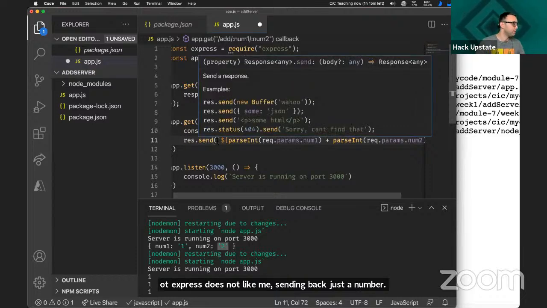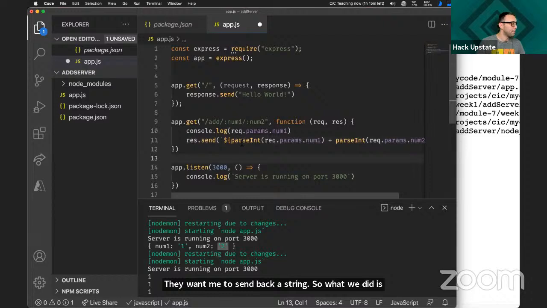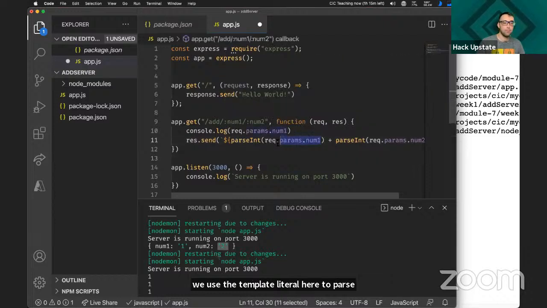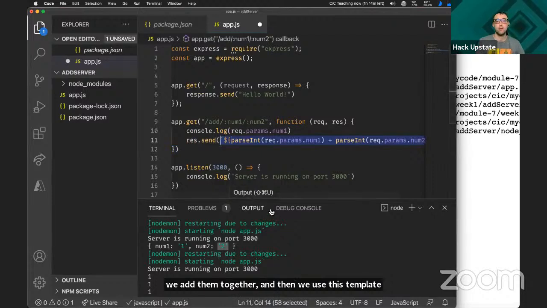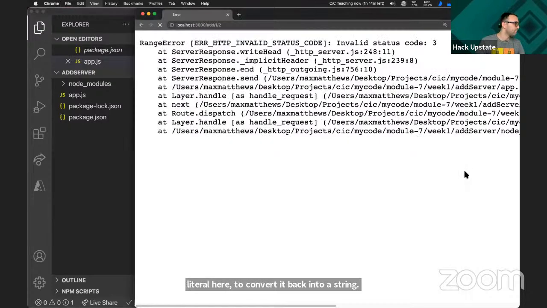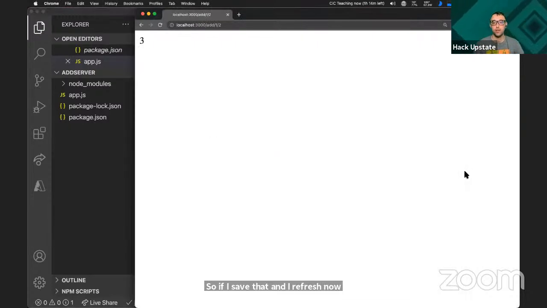So what we did is we used a template literal here to parse out the number coming in from our parameters. This whole thing is now equal to 1, this whole thing is now equal to 2, both as actual numbers. We add them together, and then we use this template literal here to convert it back into a string. So if I save that and I refresh, now I have my 3.